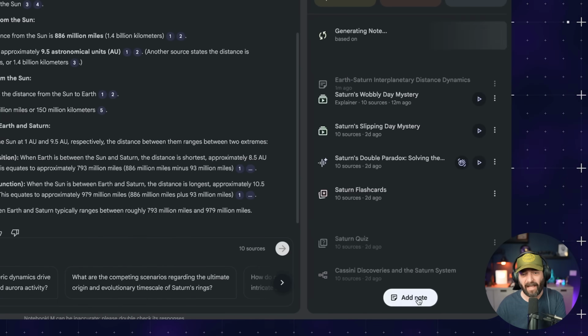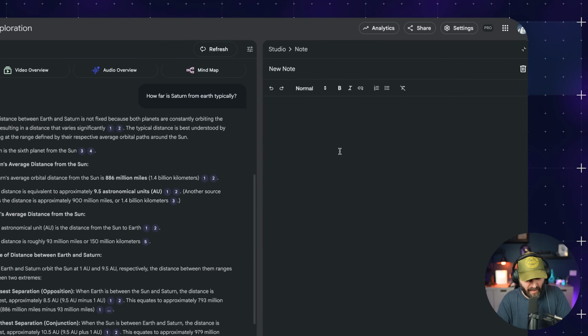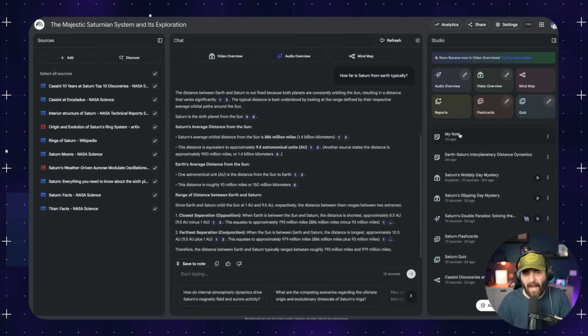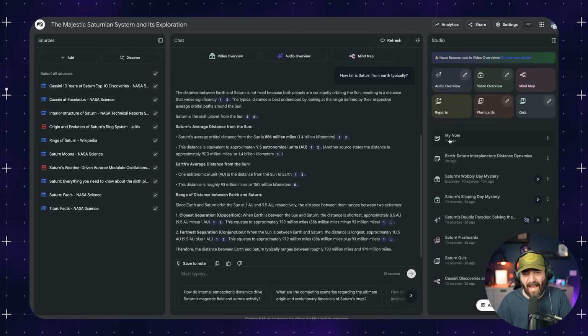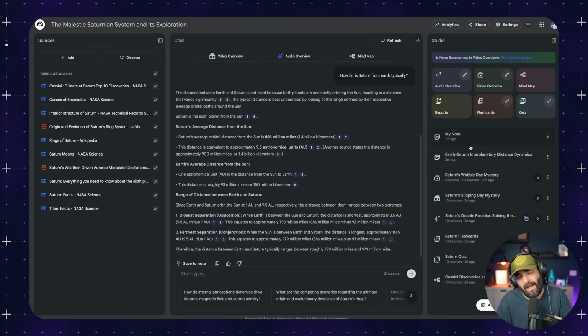Four, you can actually add your own notes. So if you're reading something and there's something you want to remember, but you don't want to save this entire text, you just want to save something simple, over on the right, you can click Add Note, and it'll give you a little text editor where you can add your own note here. We'll call it My Note. And now we've got a simple, easy to access note here that maybe you keep your own little side notes on. And these notes over here aren't going to factor into the output of the chat